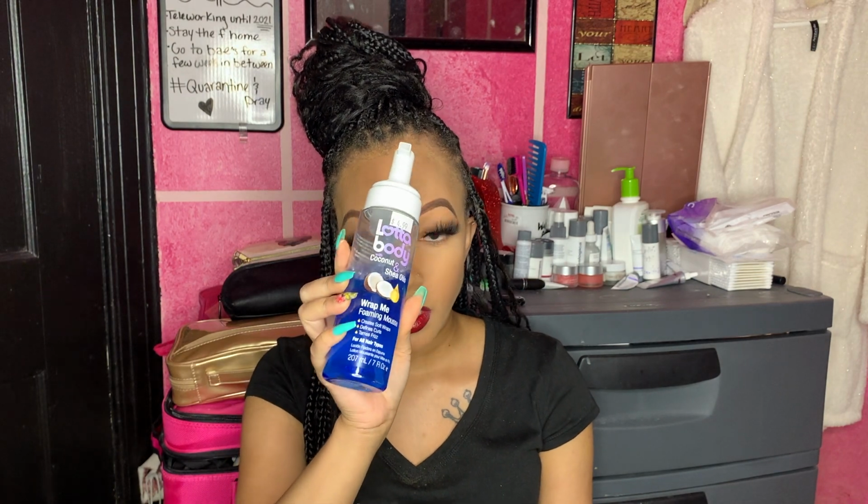Now, what helped for a little while was the fact that I would put mousse on my hair. So let me show y'all the mousse that I would use. So I was using the Lotta Body foaming mousse, and it worked for a while. Like, I won't front, it really did work, especially when I would pull the braids apart and do them individually, which was so tedious, by the way, but it actually worked. But the more I had to put it on, the more it started to be annoying. So I was like, I don't want to keep doing this, so I just let it be free and just flow with it. I still think that it looked cute, like the messy look,